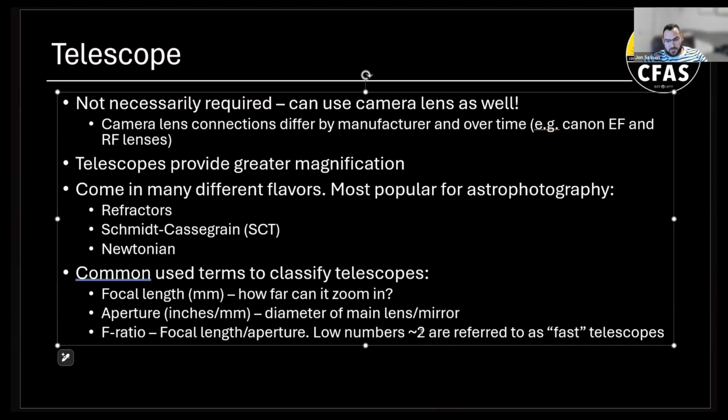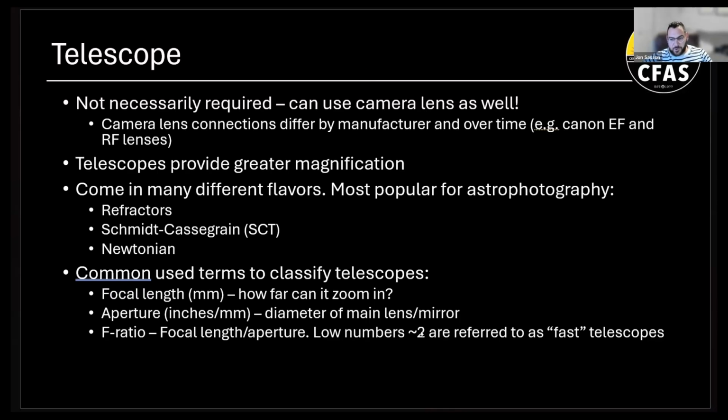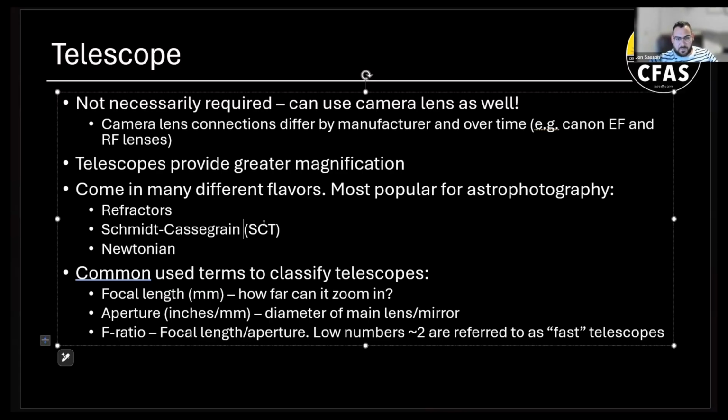So low numbers, in the 2s, people call fast telescopes. The one thing I'll say about that is that it's hard to compare F ratios between two telescopes when they have different apertures and focal lengths. When I'm comparing F ratios, I prefer to do that within the same telescope. For example, if I have an SCT, I can change the focal length from its native 2,350 millimeters to 500 millimeters